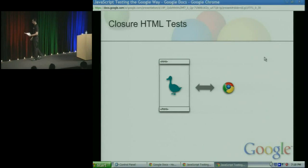So what are the disadvantages to dealing with a Closure HTML test? Because Closure HTML tests were pretty much written and in pretty good form by the time I came to this. But I saw some points for improvement. Well, one of them is that